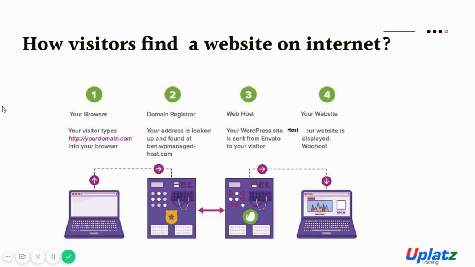So what your visitors do is type something like www.yourdomain.com into the browser. Now the browser tries to fetch information about that particular domain from the domain registrar. This address that you type is called the domain or domain name. So what happens in the domain registrar? Your address is looked up and found at